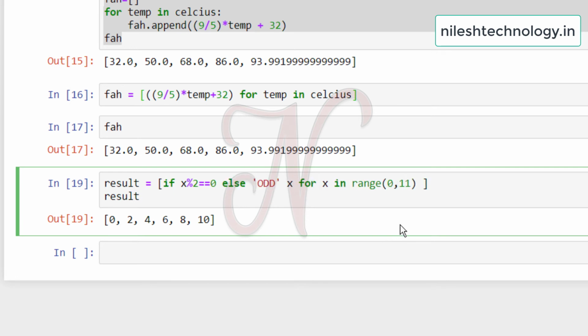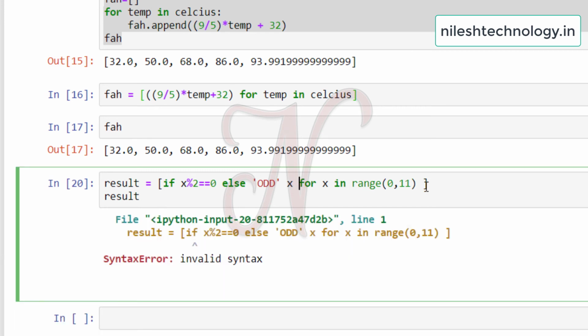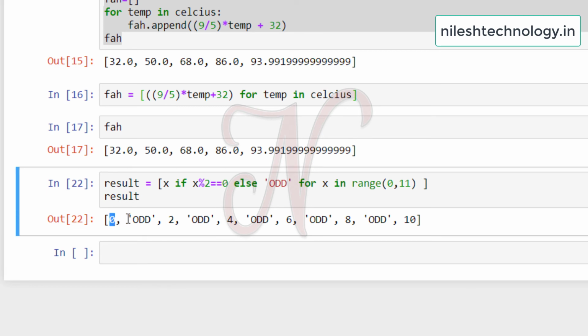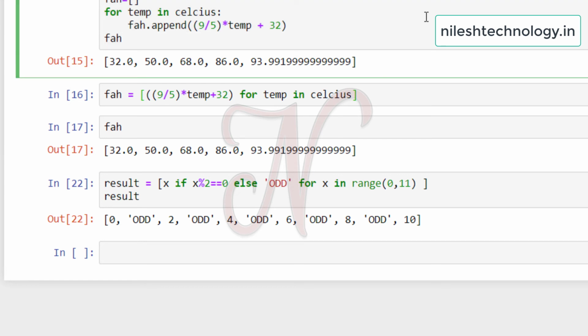There is no need to declare the x variable again. Here x is inserted here. So 0 odd 2 odd 4 odd 6 odd 8 odd 10: the first number 0 is even, then 1 is odd, so the else part prints odd, then 2, then odd, then 4. So, as I told you, this syntax is very different from the simple if statement.